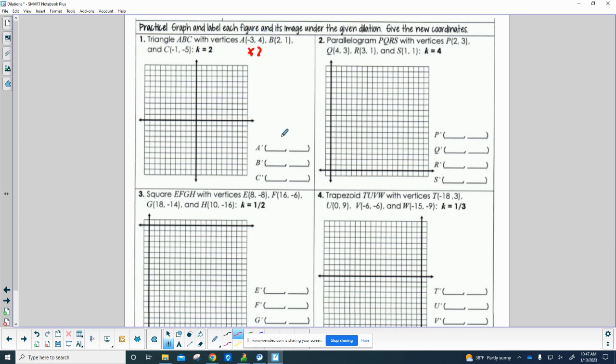So the first one would become (-6, 8). The next one, 2 times 2 is 4, and 2 times 1 is 2. 2 times -1 is -2, and 2 times 5 would be 10. So it's pretty straightforward, if you're multiplying by an integer like 2, to come up with your